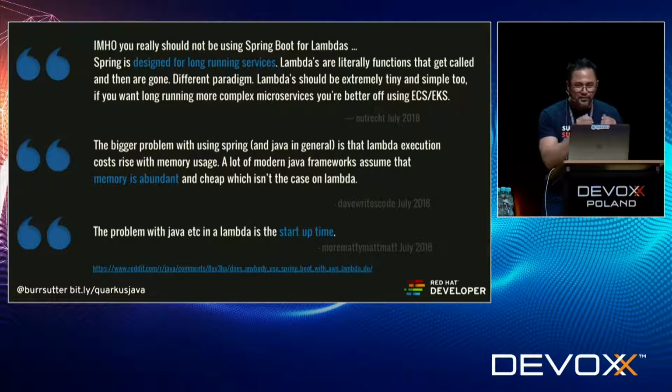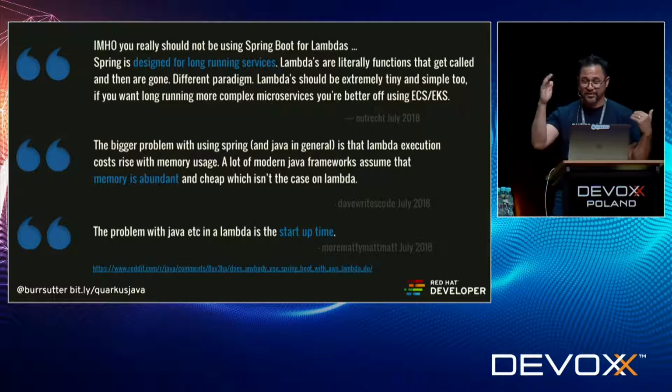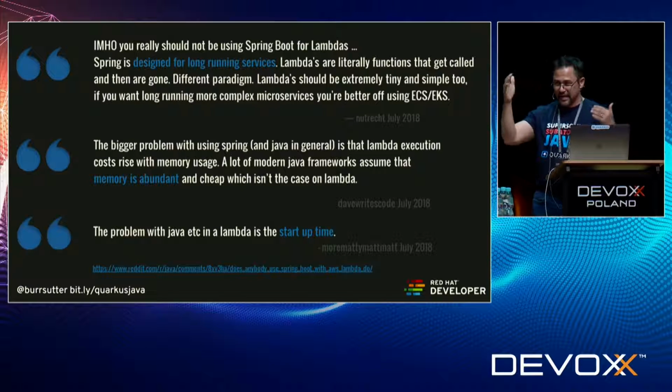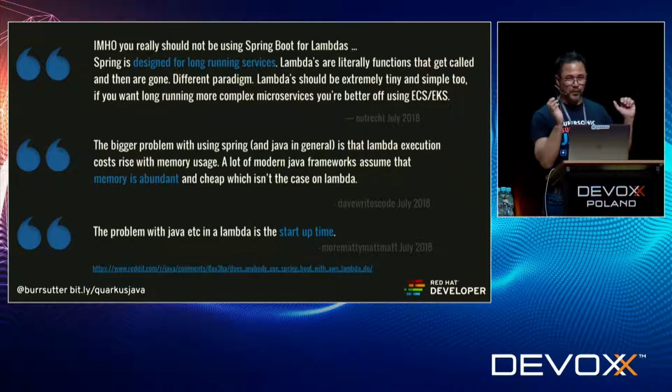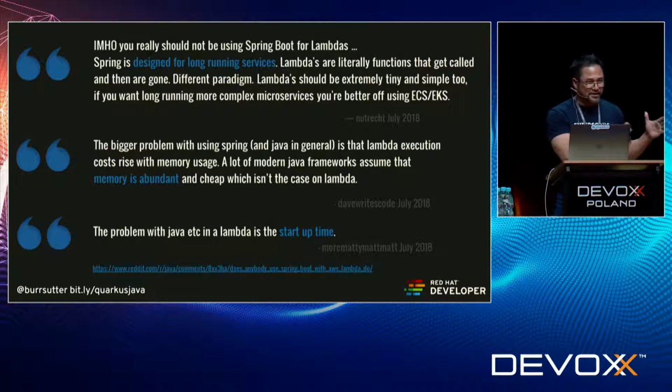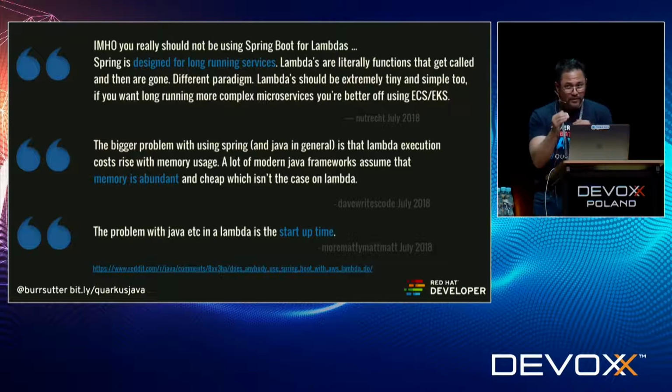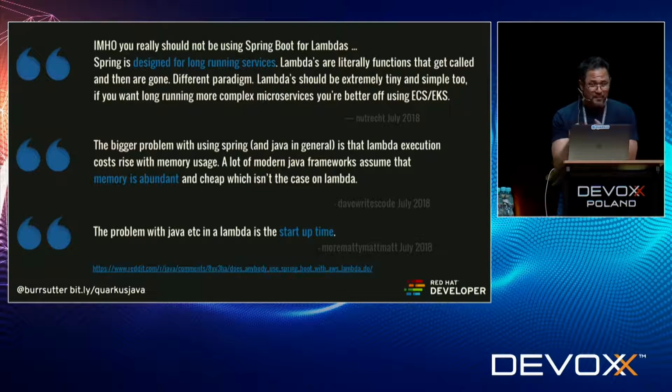It's not made for this world where things dynamically scale up based on an event, based on a stream, based on a need, and scale back down. Java was never built for that. Java was built when you had $500,000 hardware, and you could basically keep the machine running all the time. In this new world, the machine is small, costs you 20 cents an hour, and may only be living for 5 seconds or 5 minutes. It's a very, very different world.